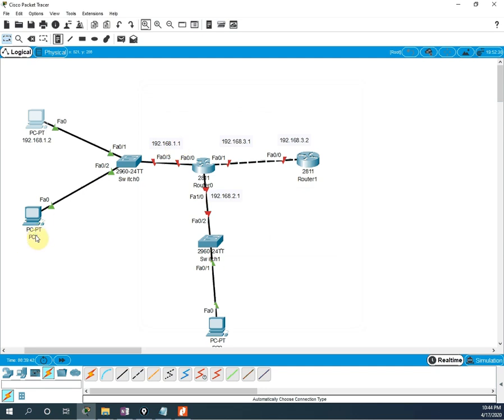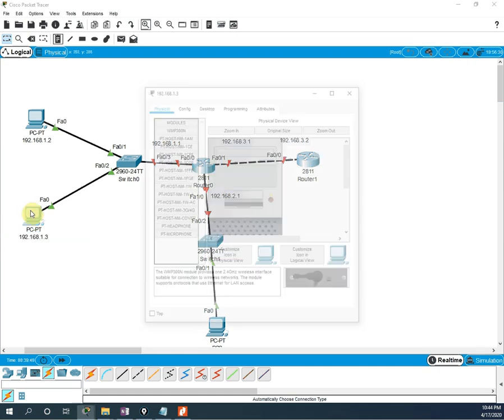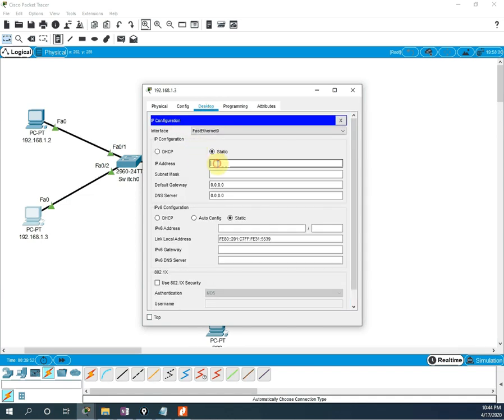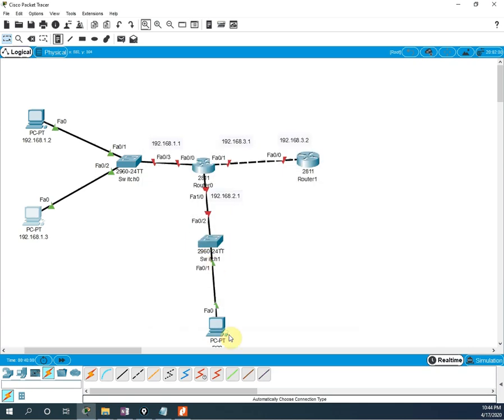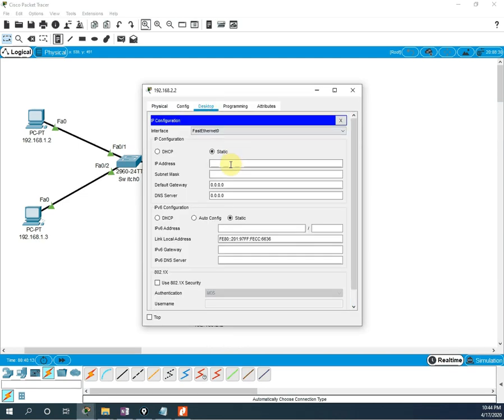So I will go here and rename this as IP3, this one .3. I will copy this .3, then I will go to desktop. Here again I will paste the config, and the subnet mask we will get by default, then 1.1. So this is our PC, I already assigned. Let me assign here. This is a different network, that is 192.168.2.2. So now I will go inside the router desktop and put the default gateway, the router interface IP, this one.